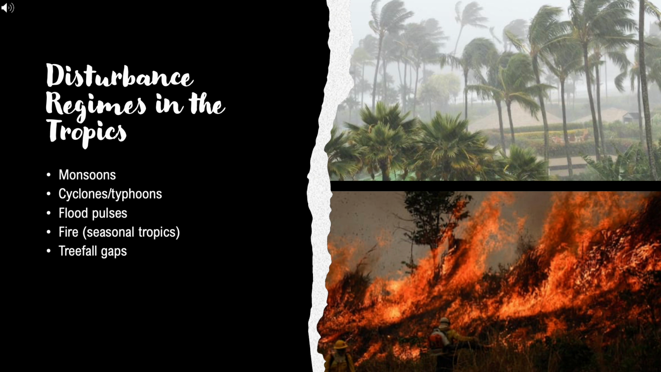In the tropics, the major disturbance regimes include monsoons, those seasonal cycles of intense prolonged rainfall; cyclones and typhoons, catastrophic wind and storm surge events, especially in coastal and island systems; flood pulses in Amazonian and Southeast Asian river systems. Rivers rise and fall seasonally by meters, inundating vast areas. Fire, particularly important in the drier seasonal tropics and savannas, where dry season fires are a regular and even ecologically necessary event. And finally, tree fall gaps, which might seem minor compared to cyclones, but are actually a critical micro-disturbance